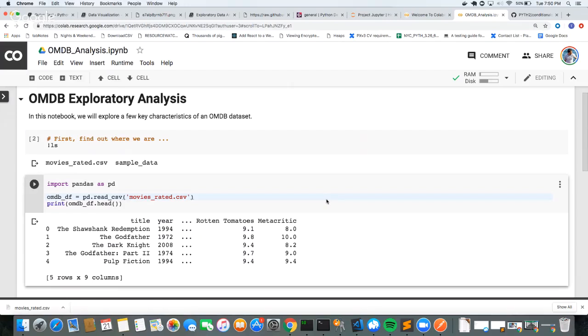Right, so you might want to do dot dot slash, dot dot slash movies rated, and that should pull it. You see what I'm saying? Yeah, except you have to do that with the green CSV. So the whole point of the ls is to see which folder you're in, right? So I think the other thing you could probably do